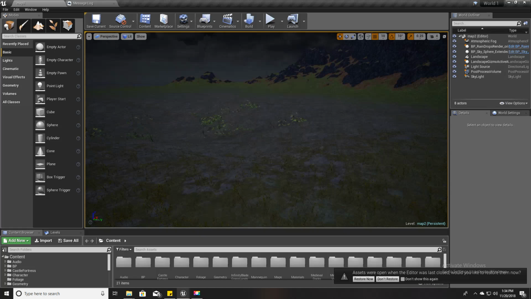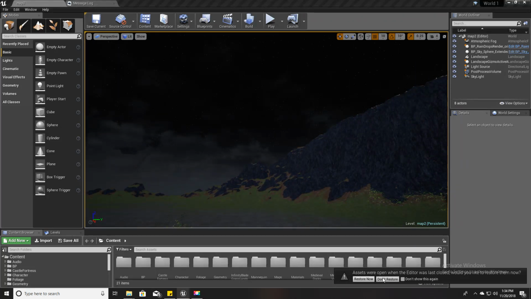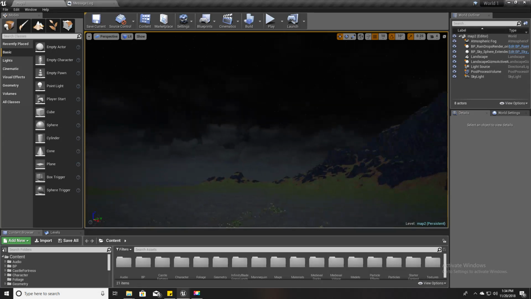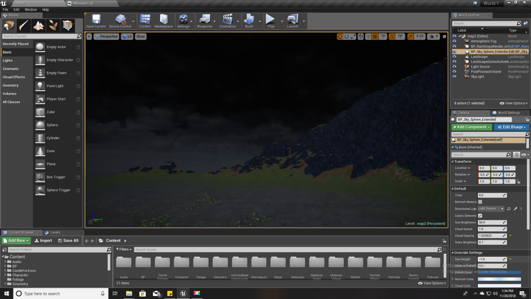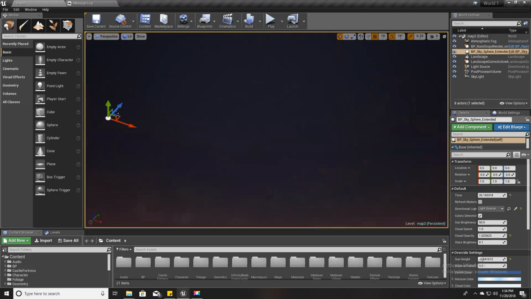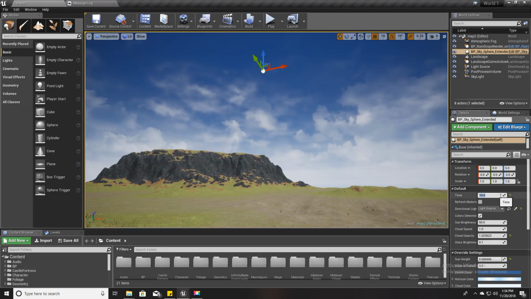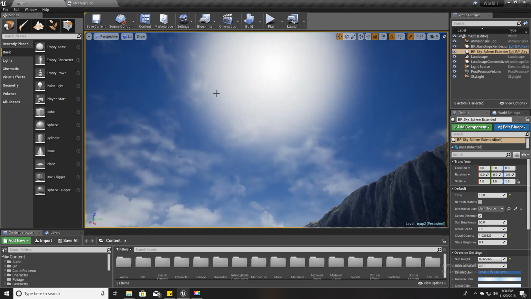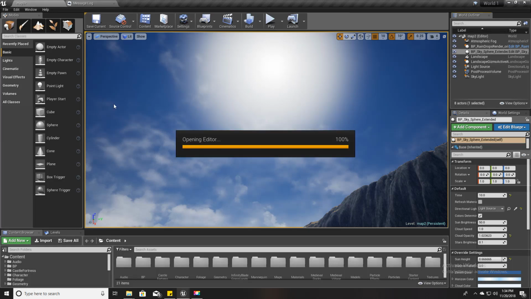Alright, so this is my current project, and for the moment I do not have the moon here, only the sun. I'll set it to 10. So we have sun but not the moon. Right, so let's get started. First thing I'm gonna do is open our SkySphere